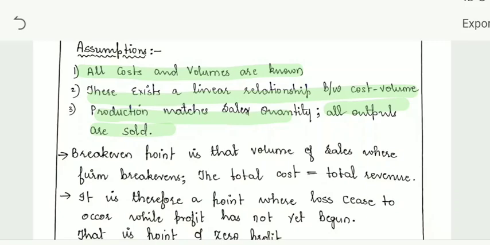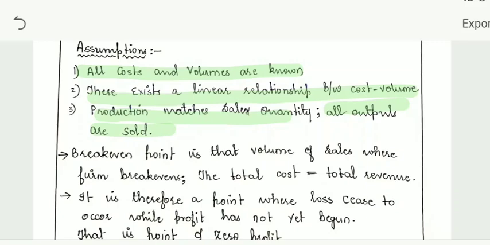So the break-even point represents the volume of production where total cost will be equal to total sales revenue, resulting in a no profit, no loss situation. I gave you an example. Whatever investment you have made, if you just gain that much revenue, that means it is no profit, no loss. But if your output of the product falls below the point, it is a loss. But if your output exceeds the point, then it is called profit.